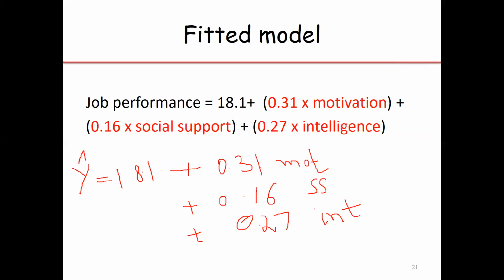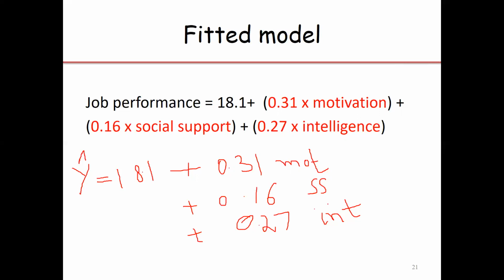The motivation parameter is 0.31, which indicates that a 1 unit change in motivation will change job performance by 0.31. Similarly, a 1 unit change in social support will give a 0.16 increase in job performance.